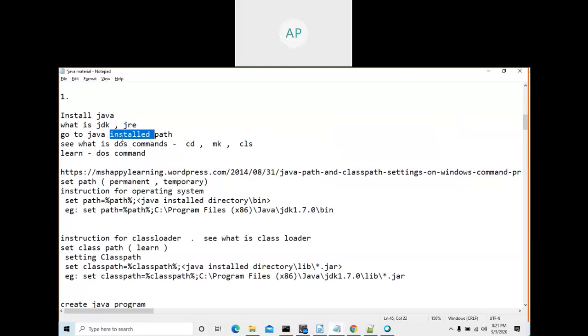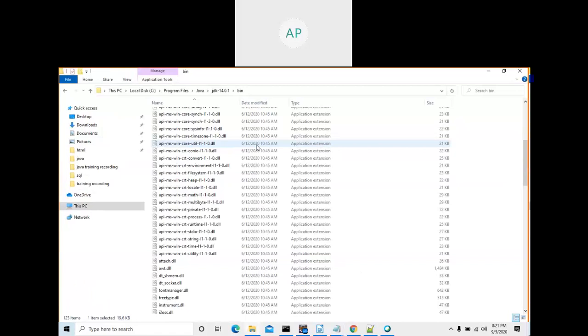After that, there is something called DOS commands. See what DOS commands are. You only need to see these few commands: CD, MD.